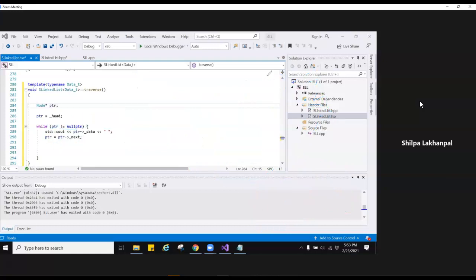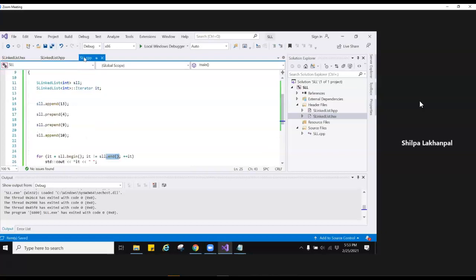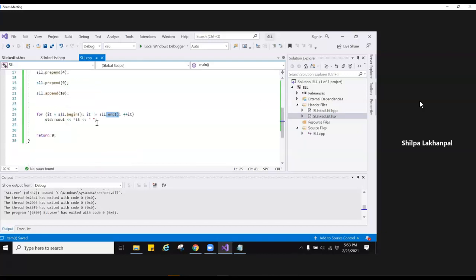So this is a new function you are able to add, and let's test it in our main function that we have. So let me try to call that traverse function over here.